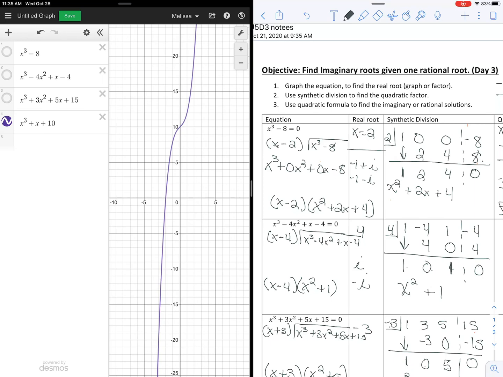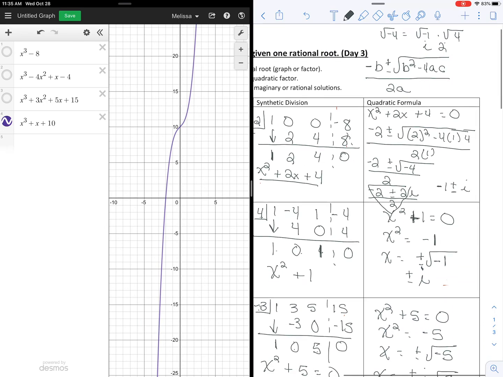Okay, boys and girls, let's recap this quickly. The first thing you want to do is graph it to find your real root, or it may be given. It may tell you that the real root is 2. Then you use synthetic division. You divide the original function by x minus 2. We get our quadratic, and then we either solve that quadratic by using the quadratic formula, or if it's just a binomial quadratic, we can just set it equal to 0 and solve it with the simple